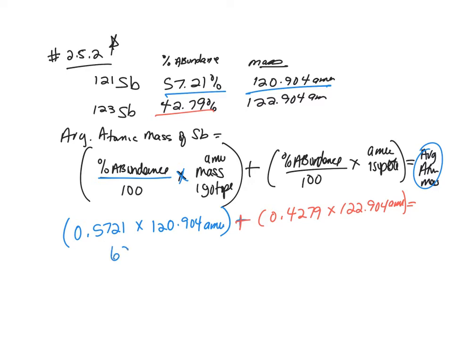So this is 69.1691784, and I do write them all out when I am working the problem. And then I round at the end. So 0.4279 times 122.904, because you saw what I did before, I wrote the wrong number. 52.590621 and I'm just going to go ahead and add 69.1691784